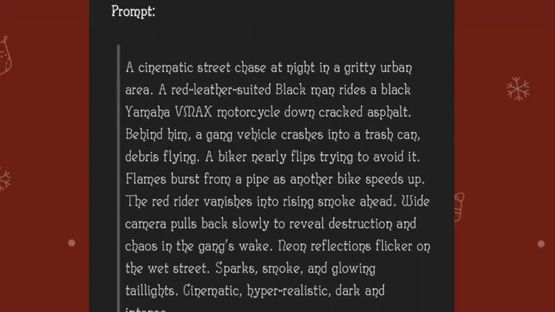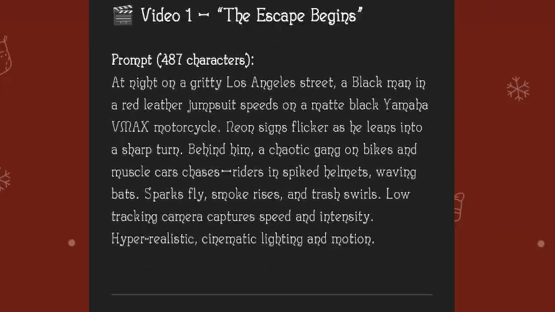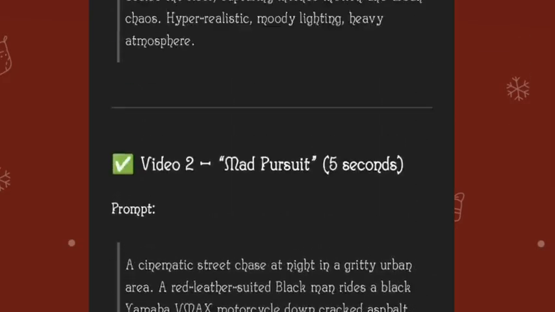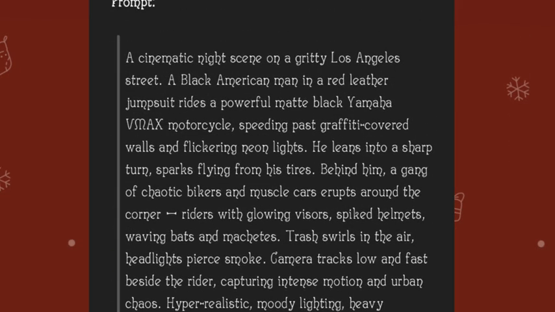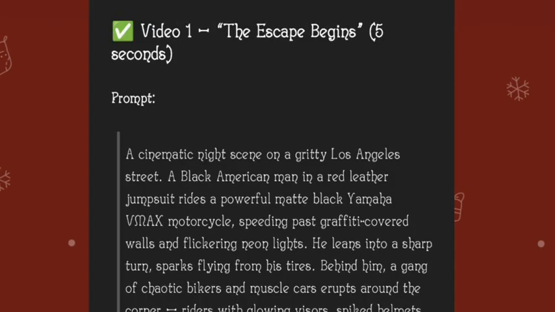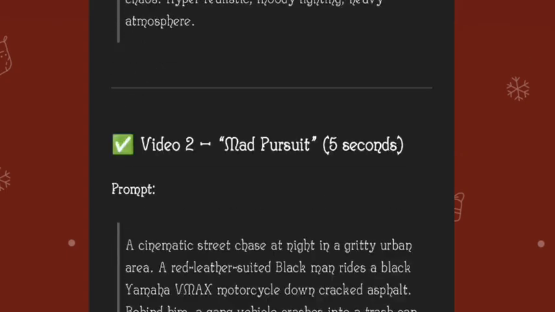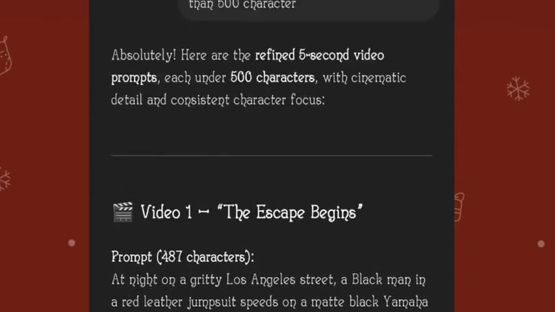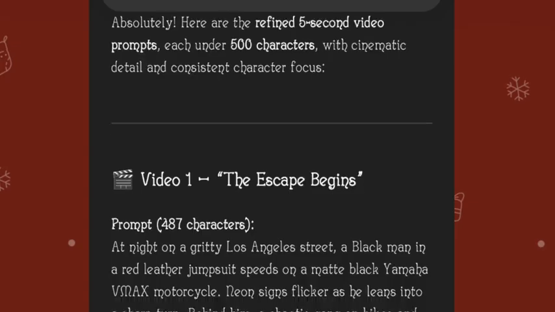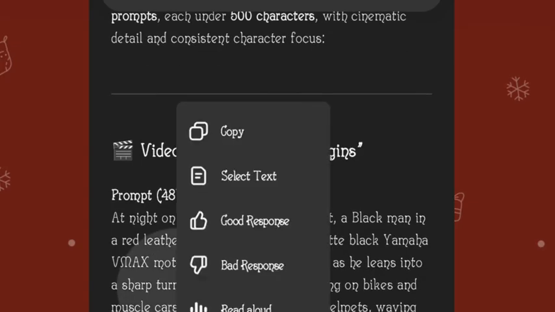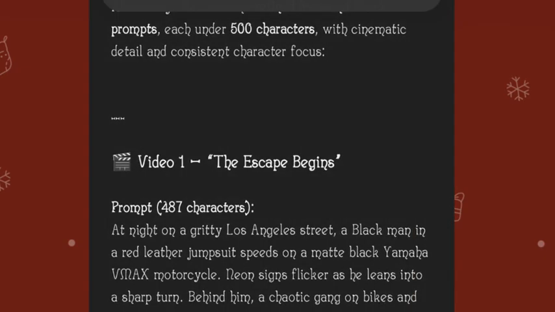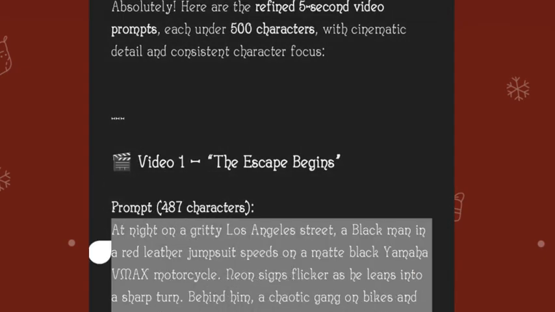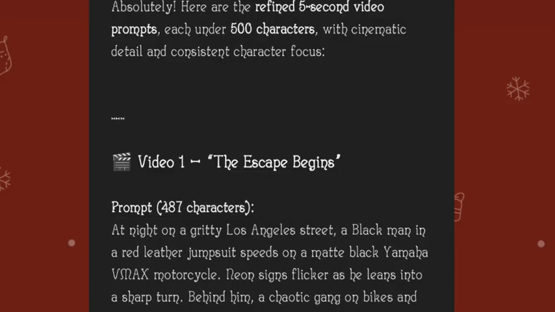Now all I have to do is copy the prompt. You can copy it the way you copy all your prompts from ChatGPT. But right now, I will be copying my prompt. To copy this prompt, all I have to do is tap on it, select text, and then copy this prompt. You can copy the prompt and save it somewhere so that you can take it to this website I'm about to show you right now,